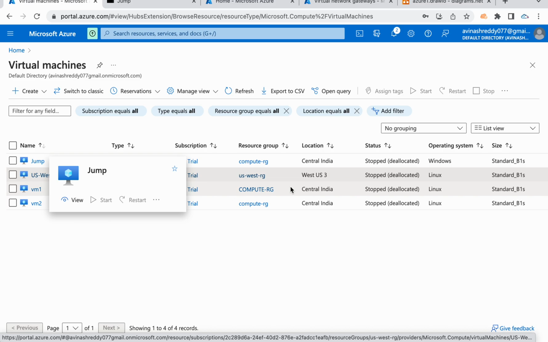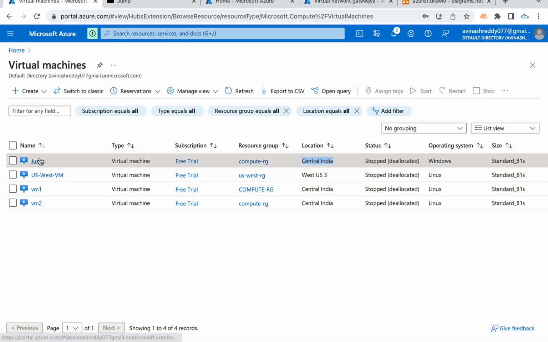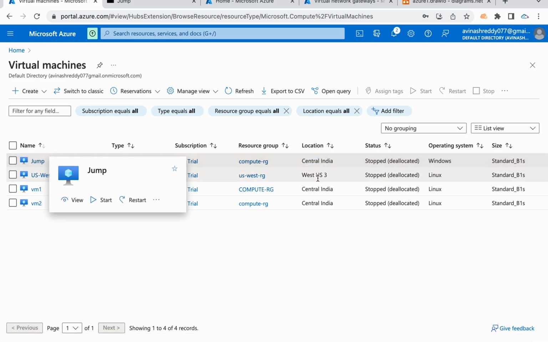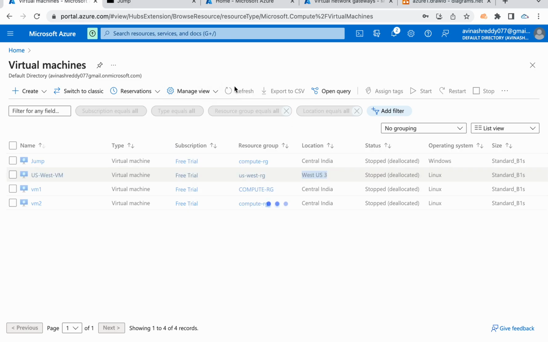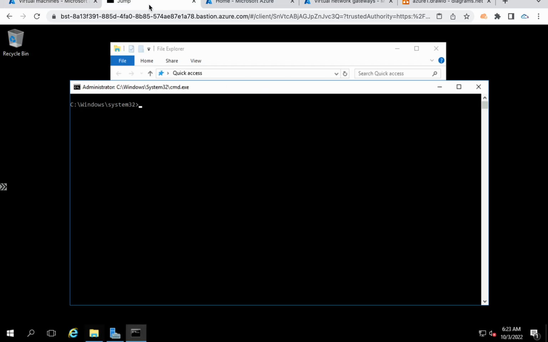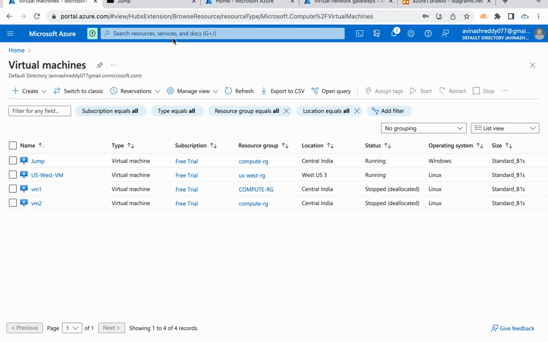So I'm using the same resources. I have a machine here in Central India with a public IP address. I have another machine in US West 3, right? I connected to this machine and I'm trying to ping this US West machine now. The communication is not there. So if you want to enable communication, first navigate to both of the